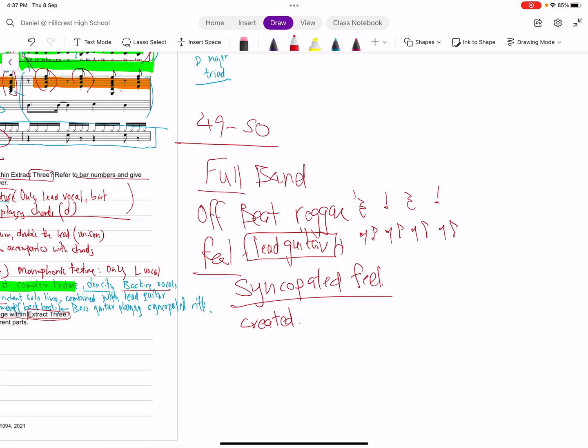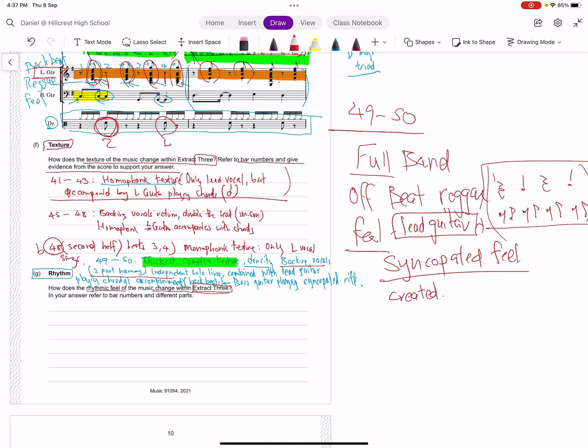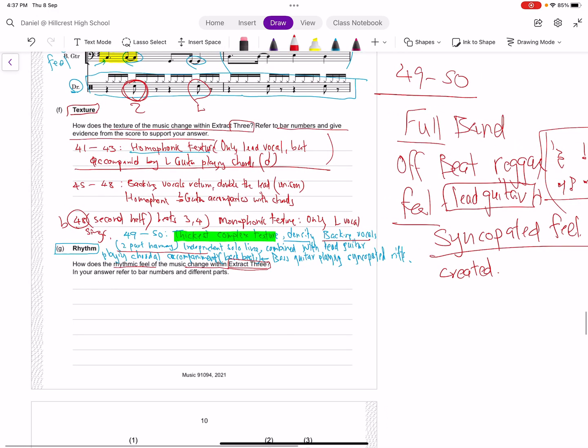So you can see that when they combine, the bass drum's going, the lead guitars go 1 and 2 and 3 and 4, and so what we're going to say is the rhythm starts, the rhythmic feel